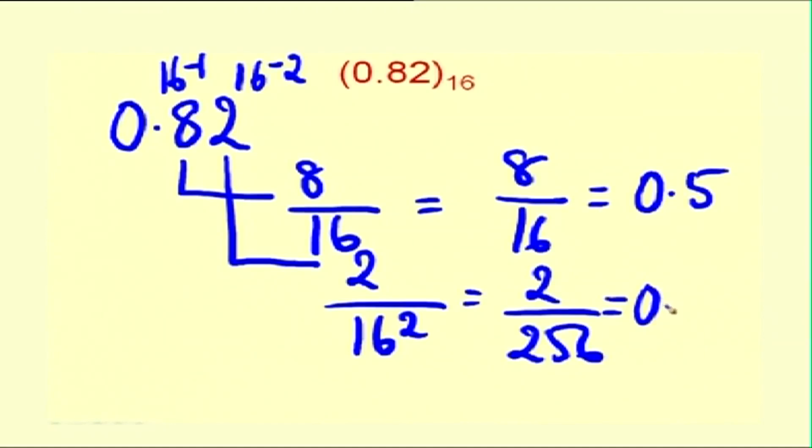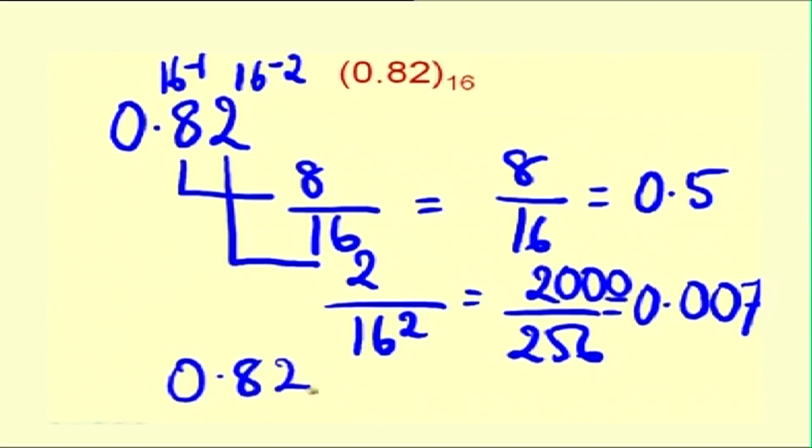You will get 0.0. Whenever we put a point, we get a 0 here. For this 0, we will get a 0. Then 200 also, 256 will not go. So, one more 0 will come. So, in 2000, 256 will go how many times? It will go 8 times, 8 48 carry 4, so we can put 7. So, we get 7. You can divide and see, you may get a remainder. So, the answer now I can write it as, look at this, 0.82 in base 16 will be equal to